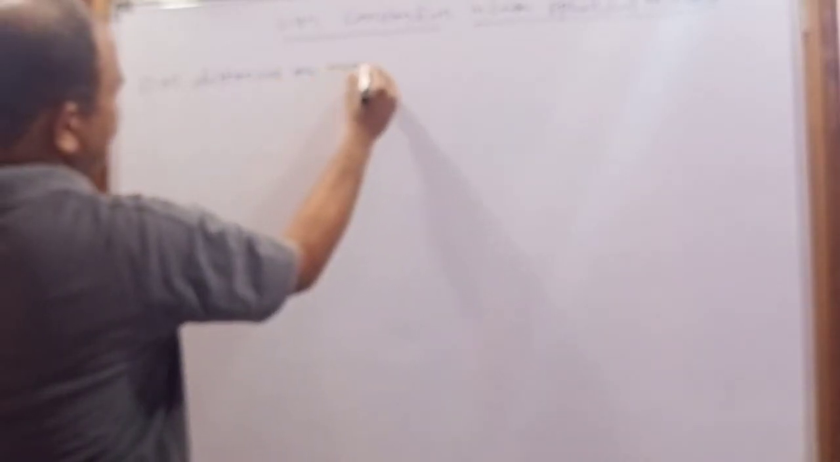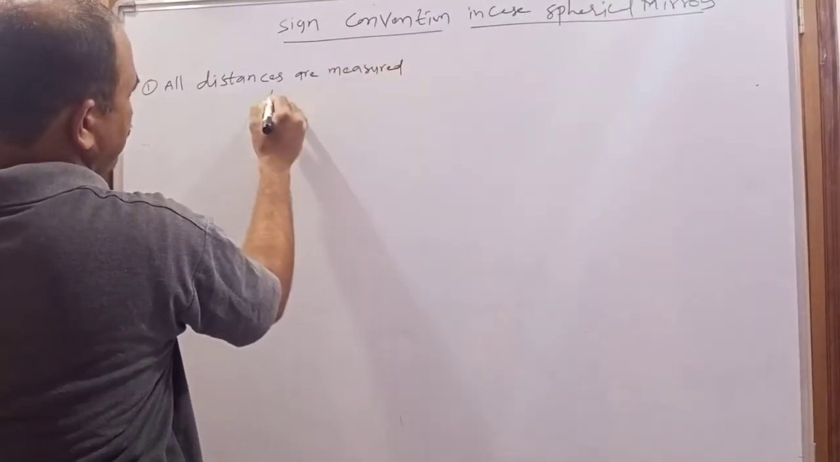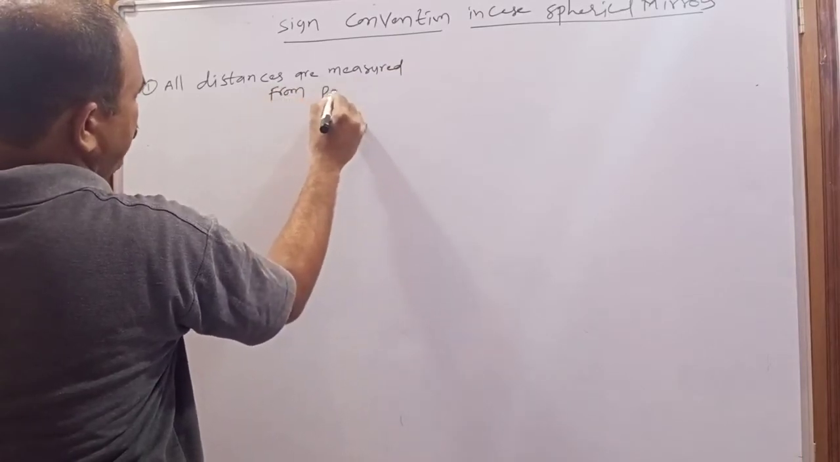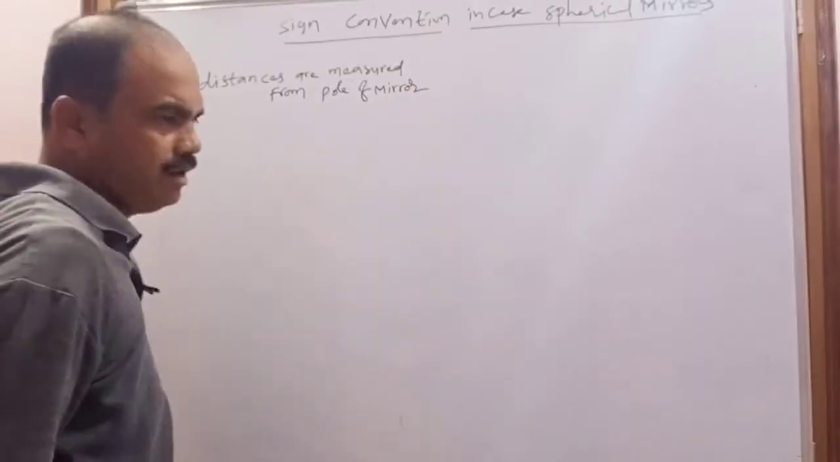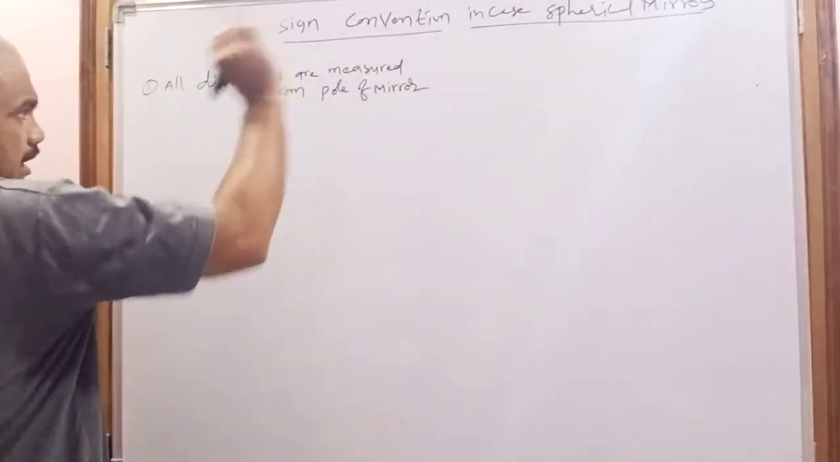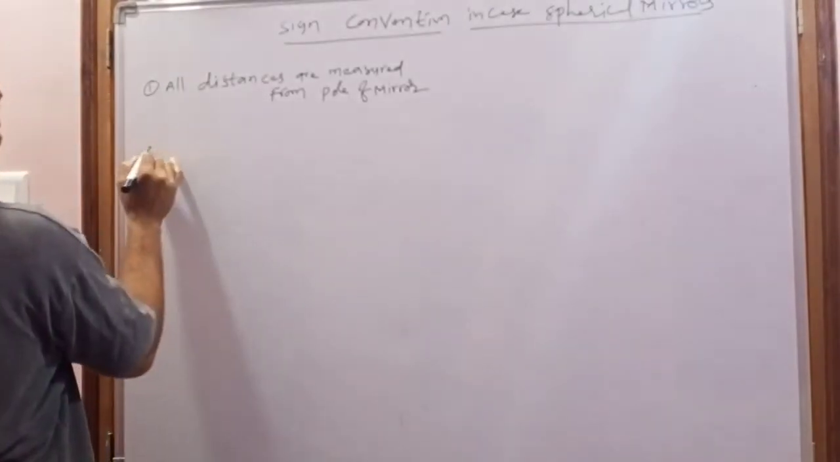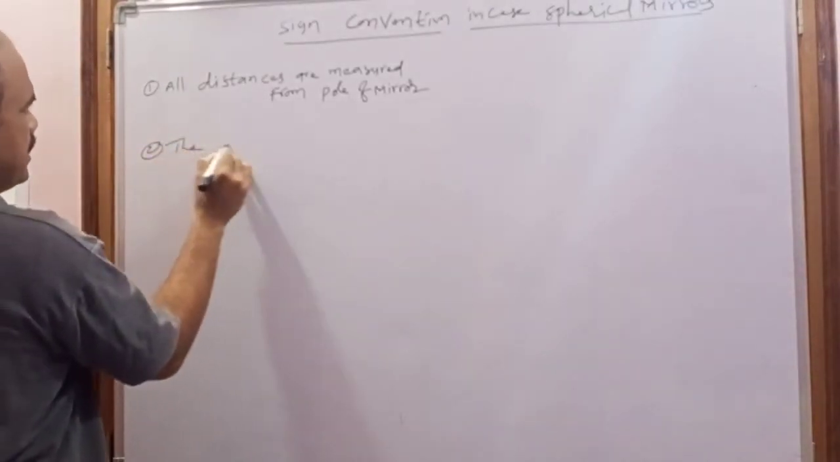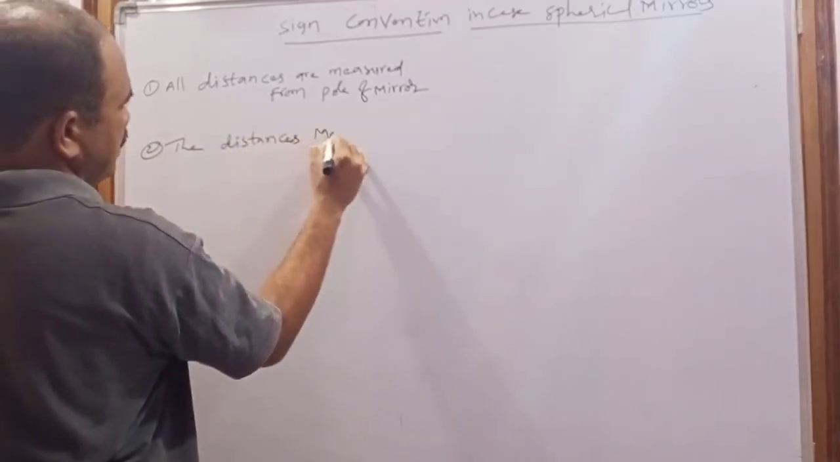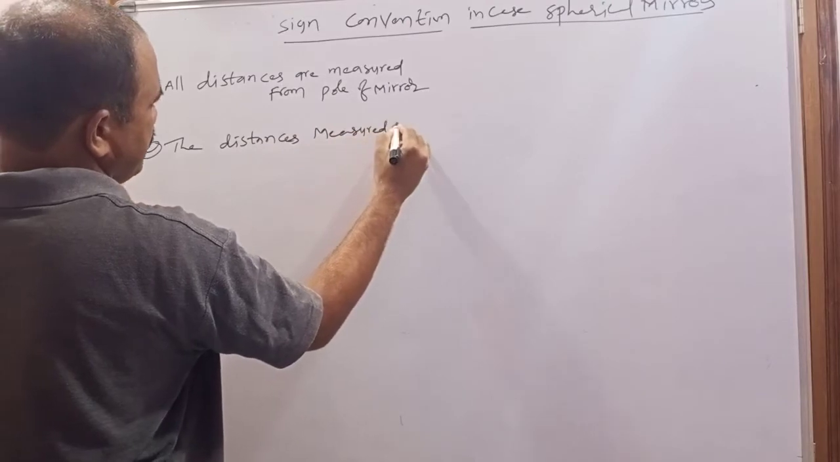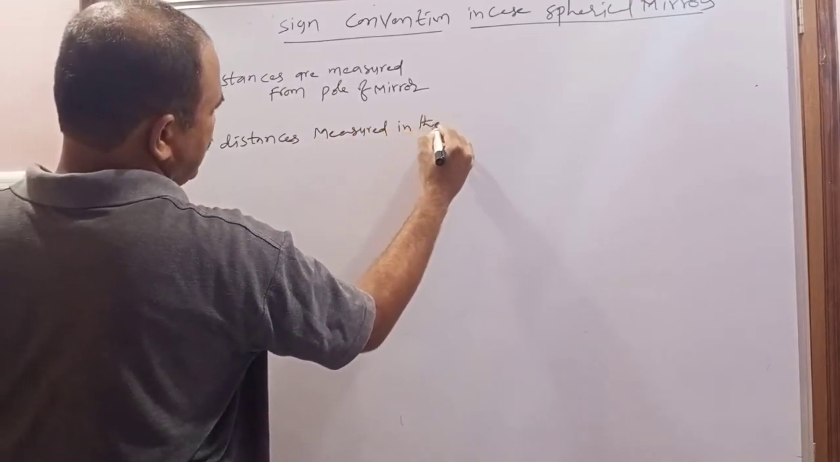The first convention is, all distances are measured from the pole of the mirror. That mirror may be concave or convex. This is the first rule, the first sign convention. And the second one: the distance measured in the direction of incident light